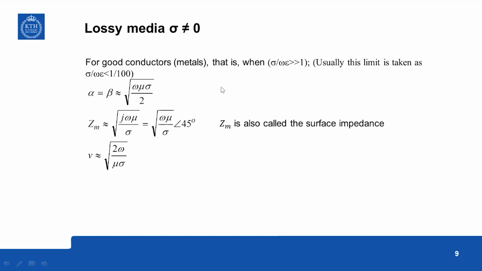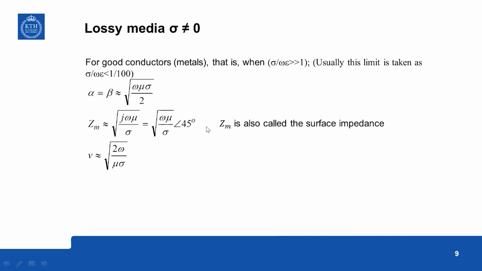Now, there is a special case of a lossy media, the good conductors like metals, like copper, iron, or aluminium, where the conduction current is far dominant over the displacement current. Displacement current are negligible in those, and conduction current is very high. So sigma by omega epsilon far greater than 1. So usually this limit is taken as sigma by omega epsilon far greater than 100. So in that case,